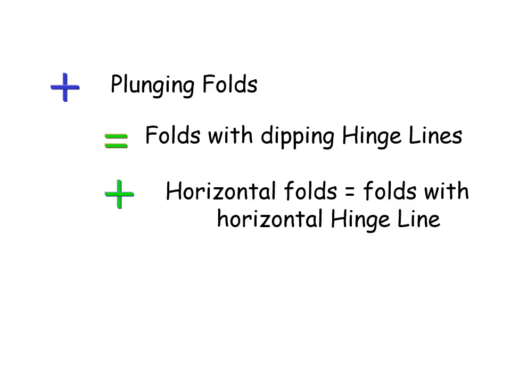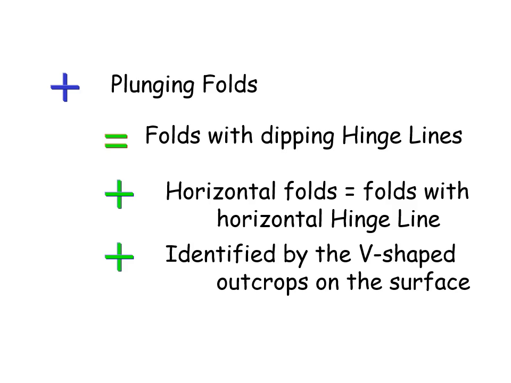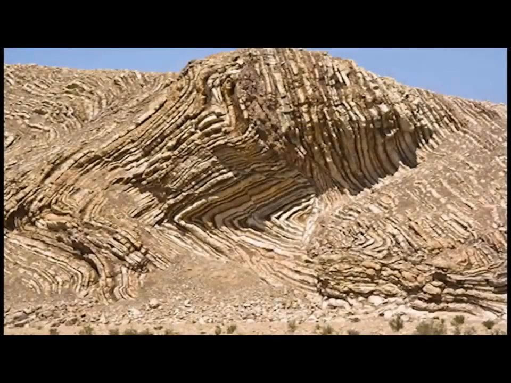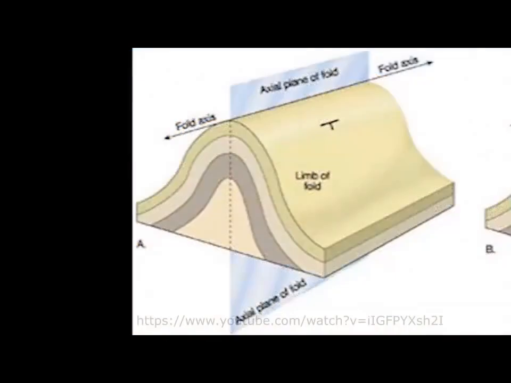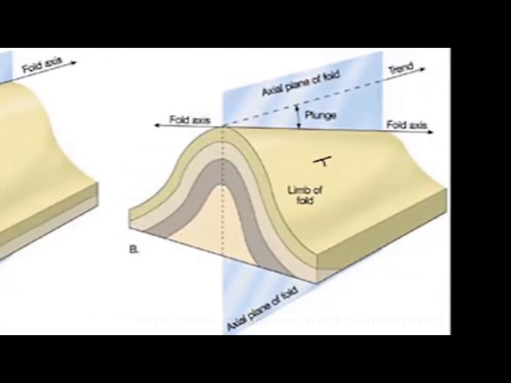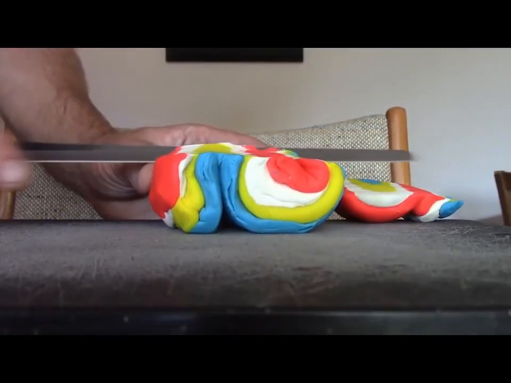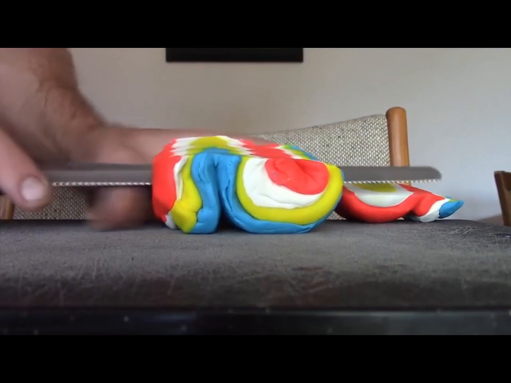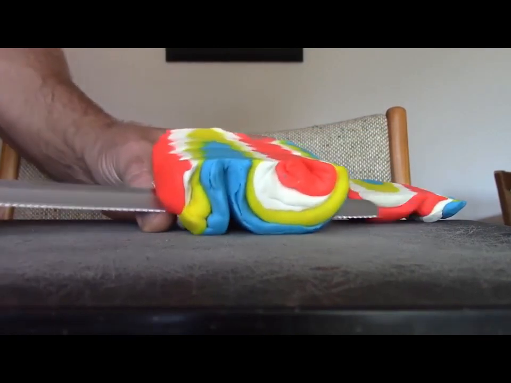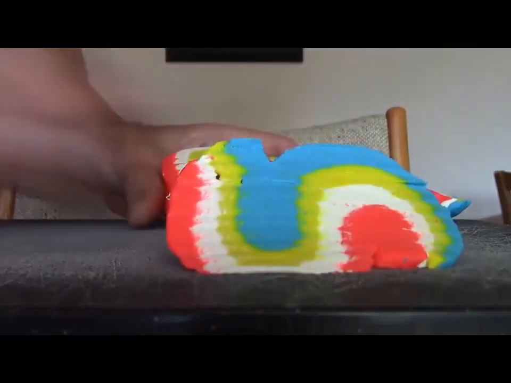We can identify these dipping folds by noticing their V-shaped outcrop pattern on the surface. Let's take a look at it. Be it a syncline or anticline, has a plunge into the earth. In other words, what will it look like at the surface if the fold ridge is not horizontal but tilted? Imagine taking a bunch of layers and making them into an anticline, and then dipping that fold into the ground and shaving it off level. Instead of symmetrical layers and stripes on either side of the axis of symmetry, we see a V-shape form at